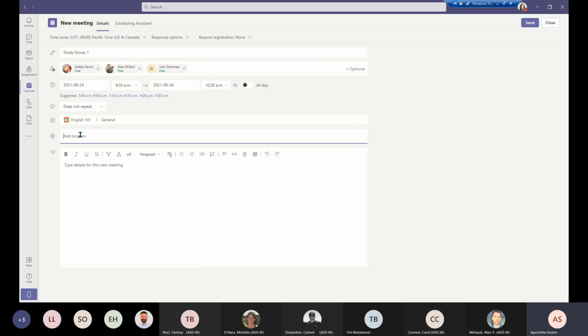And this is where you would enter a location. So if your meeting was going to be happening in a physical location as well, you could enter that in here. And then in the last area, in the details, we can enter any context for this meeting, what's going to happen during the meeting, what should be done. We can even put in a mini agenda in this area if we wanted, but we'll keep this blank for our purposes for now. So once we hit send, it'll create a new post within this channel that we have selected here